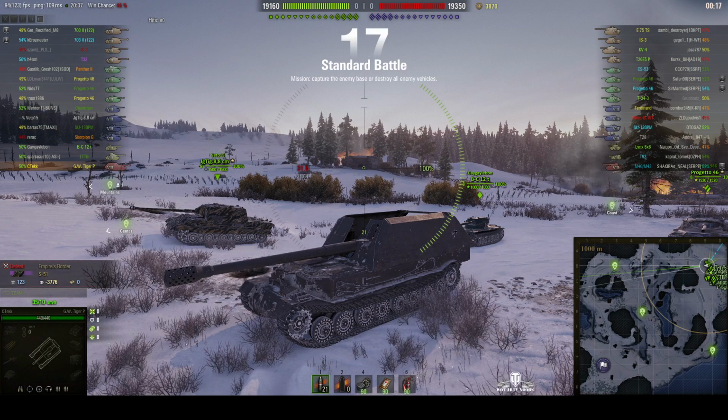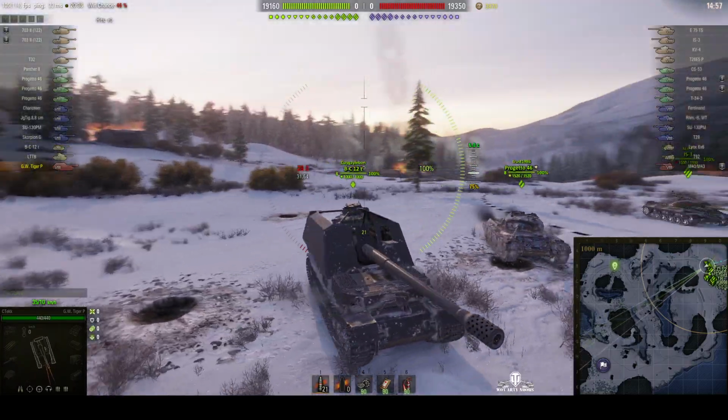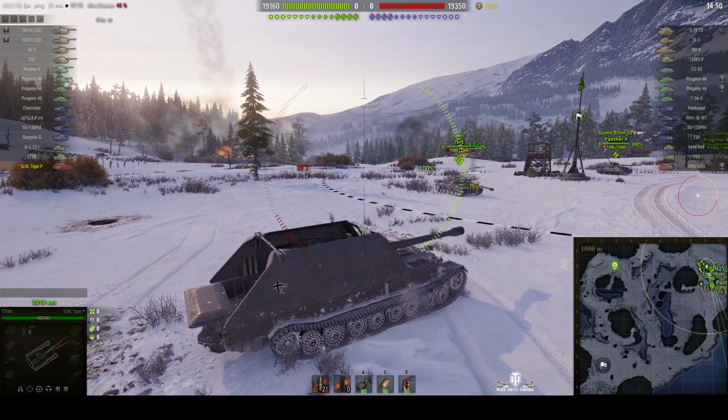This is a GW Tiger Porsche. The GW Tiger P is the Tier 8 German SPG. It's located on the northeast spawn of Arctic region, otherwise known as Mannerheim Line, and it's under the command of CTekk. Game started. Well, this uncamouflaged GW Tiger P, which is kind of unusual because most Arty players do camouflage their